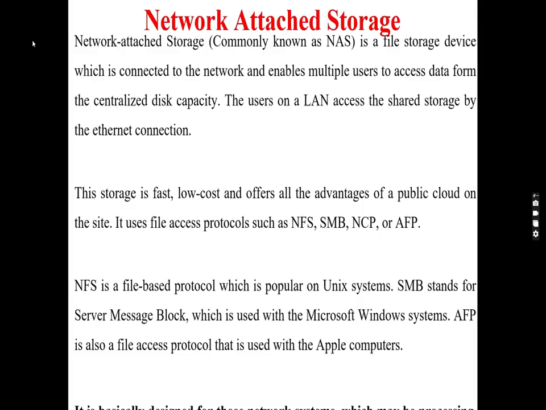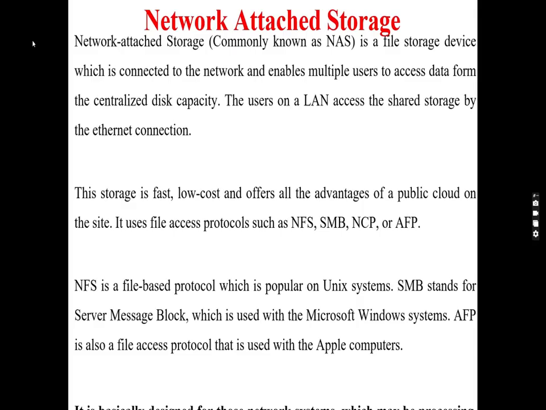Network attached storage is a file storage device which is connected to the network and enables multiple users to access data from centralized disk capacity. The users on a LAN, that is local area network, access the shared storage by Ethernet connection. More about this NAS: this storage is fast, low cost and offers all the advantages of a public cloud